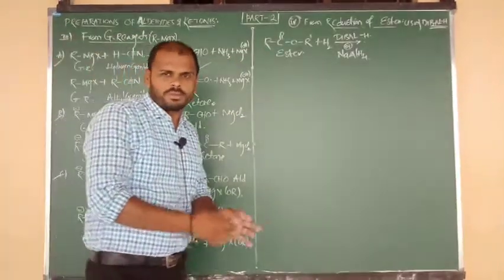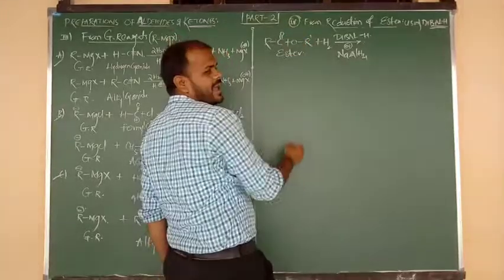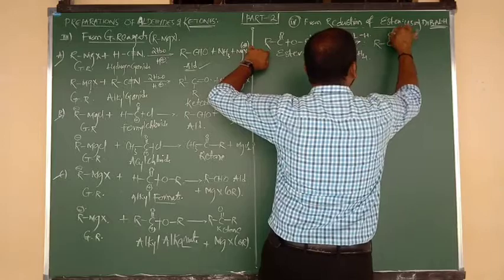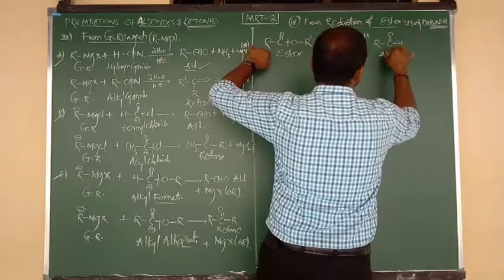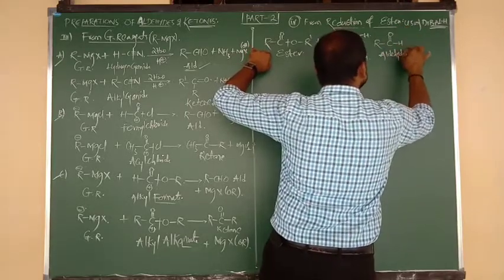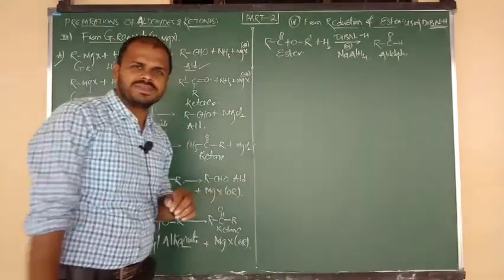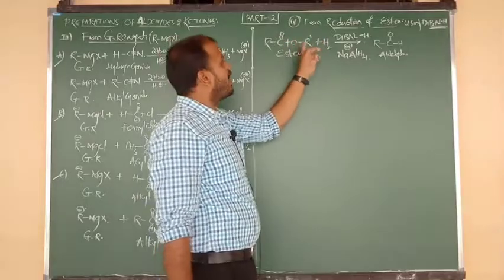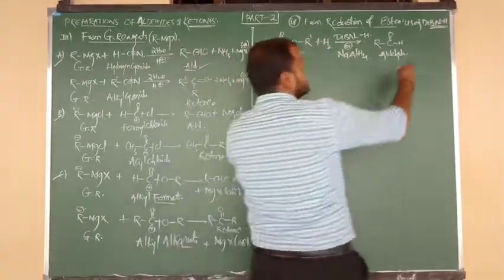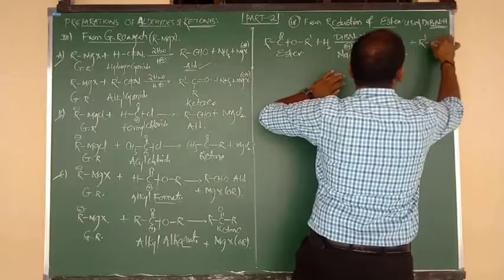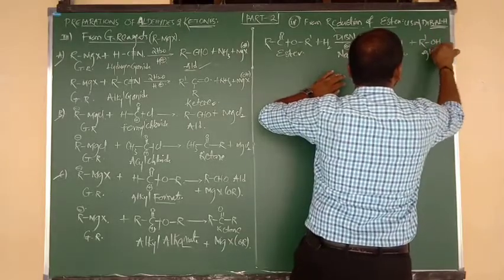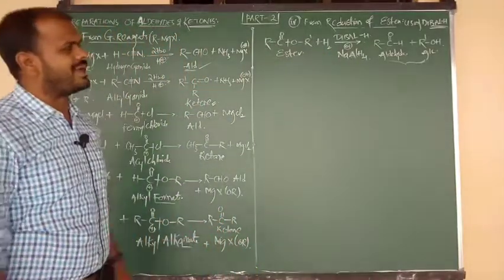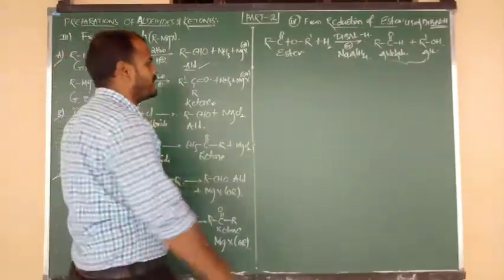And here you are getting two products. In that mixture of two products, one of the products is aldehyde. One of the hydrogens is given to the RC double bond O group. So RC double bond OH, this is your product. The name of this product is aldehyde. Understood? Good. And one more hydrogen is given to what? RO prime. RO minus attacked with H plus. So we can say another product is nothing but R prime OH. So this is your product, nothing but alcohol. So here you are getting a mixture of two products. One is aldehyde and one more is nothing but alcohol.